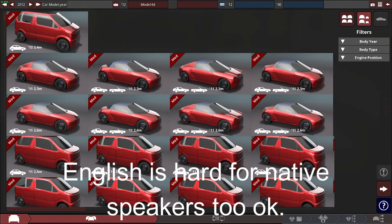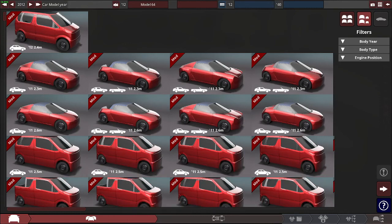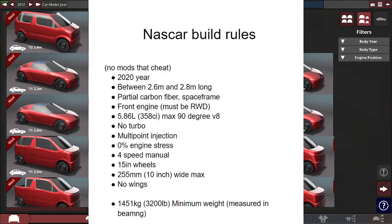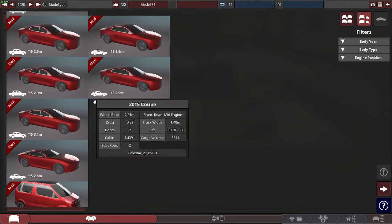Today we'll be entering Wes Filmin 86's Build and Race Challenge number 3. In this challenge, the goal is to make a NASCAR from 2020. NASCAR build rules: no mods that cheat. Schnitzel, you're waffling. Viewers, just pause and read the rules. Anyway, time for car. So let's